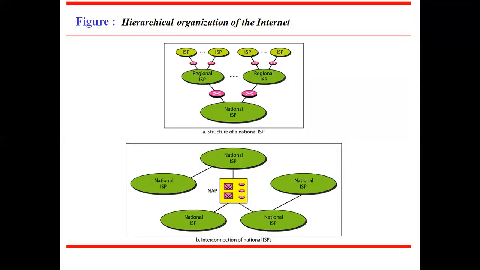As we see on the screen, systems are connected to an Internet Service Provider, ISP. Each ISP is connected to a regional ISP, and those are in turn connected to a national ISP. National ISPs can be connected to each other. The internet is not owned by anyone, and we are all participating in the internet. So everybody runs the internet.